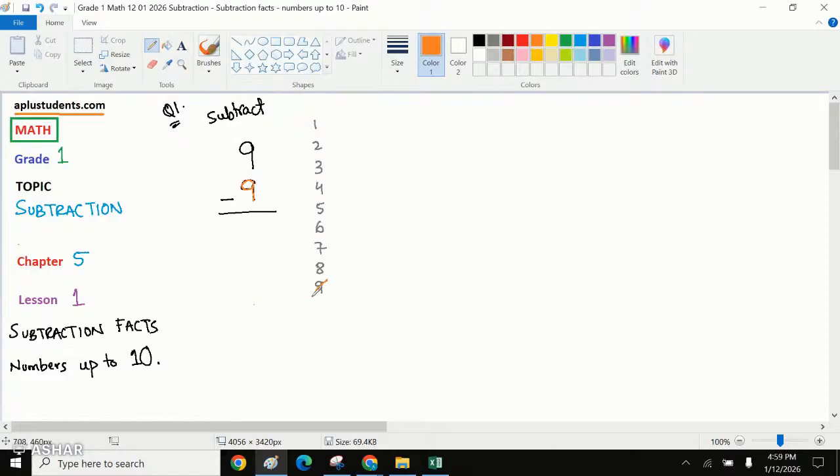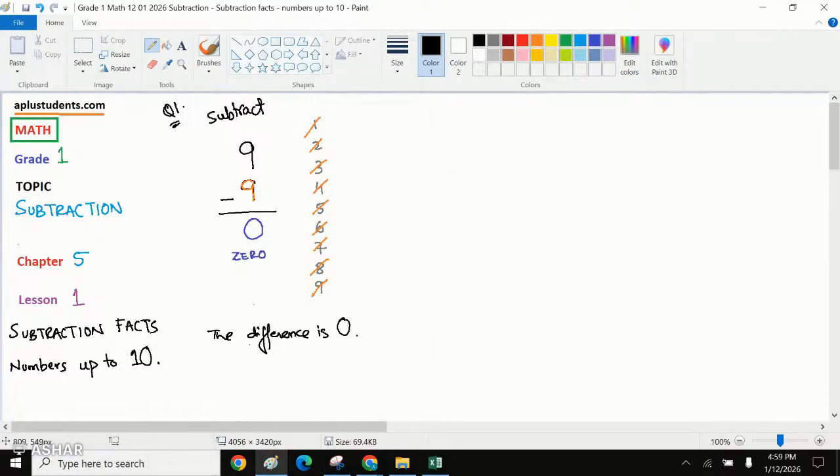So we cancel out 1, 2, 3, 4, 5, 6, 7, 8, and 9. We are left with nothing over here, right? And nothing in mathematics is defined by a 0. So what we say is the difference of these two numbers is